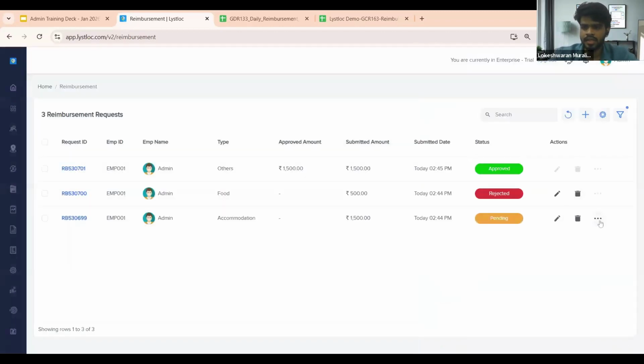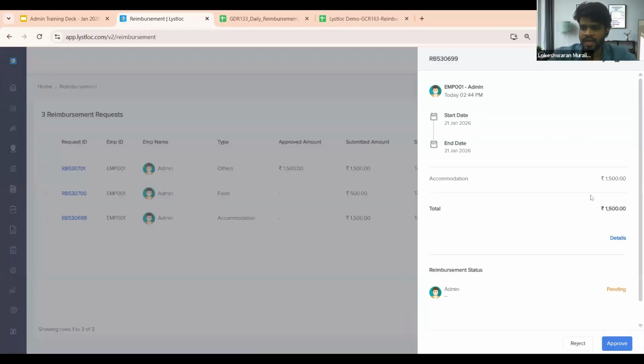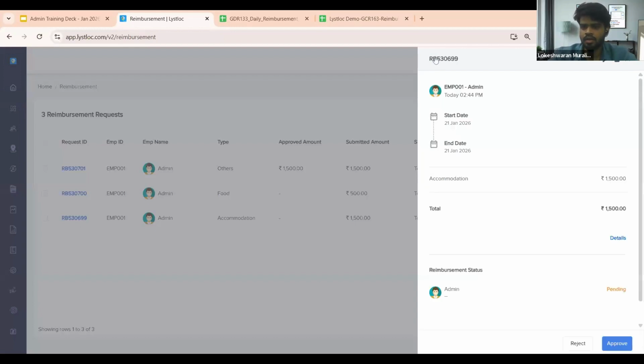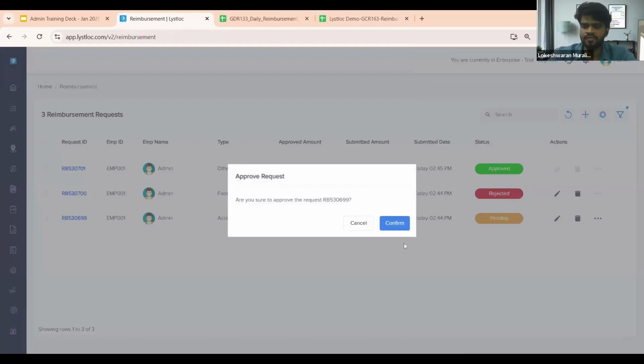Approving or rejecting a reimbursement request is simple. Once you open it, if it's pending, it just shows you. You can check the details and you can approve or reject it. If you're approving it as an admin, it'll ask you to enter the approved amount, say approving the whole amount. And I'll enter a note here, and once you confirm,